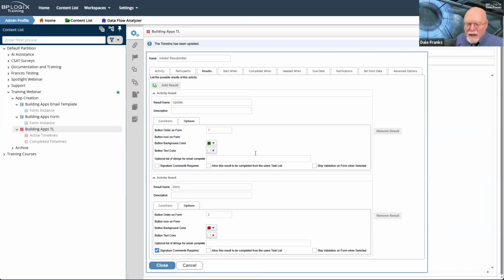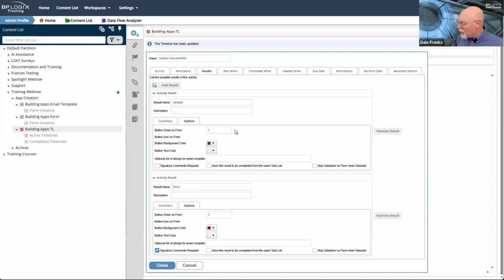Now, we're not done yet because here's our problem. If we just close out and begin working on our next activity, that means that the very first time my approval loop starts, this activity is going to run. And that I do not want to happen.